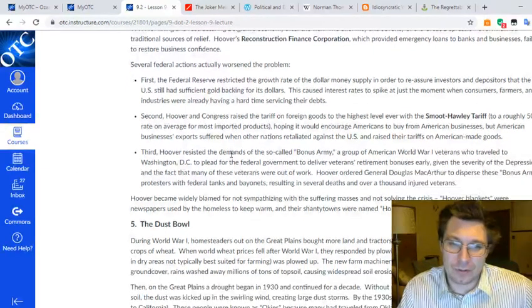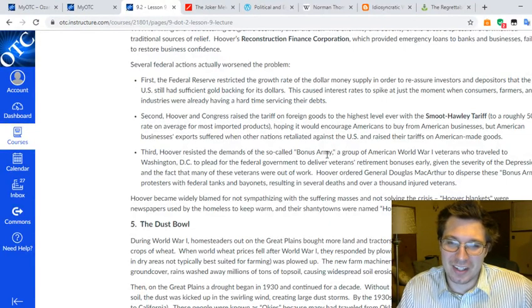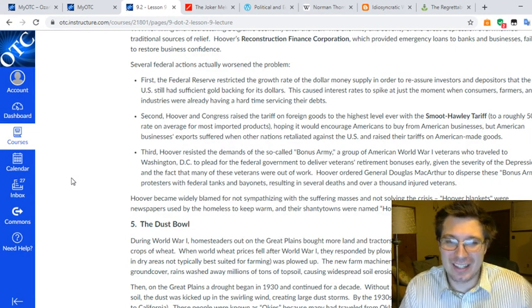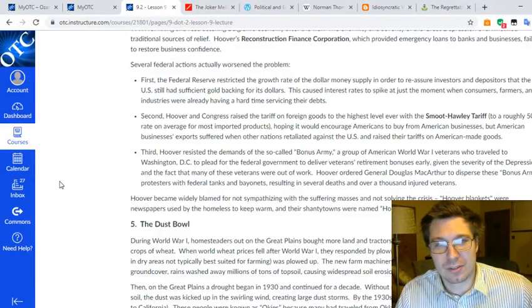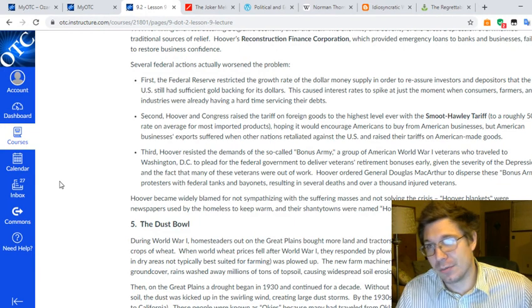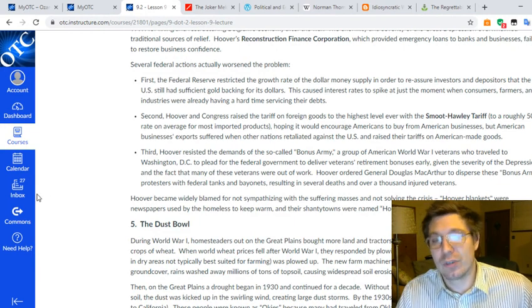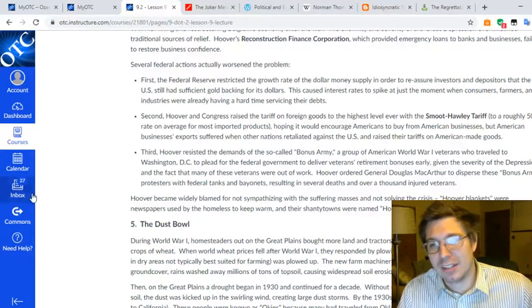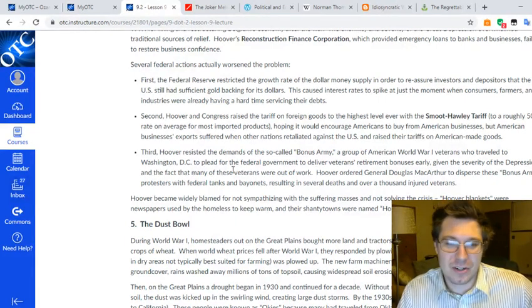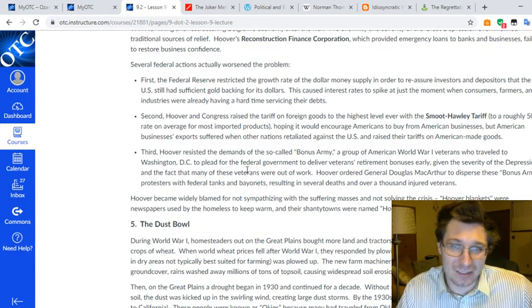And third, Hoover resisted the demands of the so-called Bonus Army, a group of American World War I veterans who traveled to Washington, D.C. to plead for the federal government to deliver veterans' retirement bonuses early. So these were veterans from World War I who would have got their retirement bonuses in the 1940s, but they wanted it about a decade and a half earlier, given the severity of the Depression and the fact that many of these veterans were out of work. So they needed the money now,